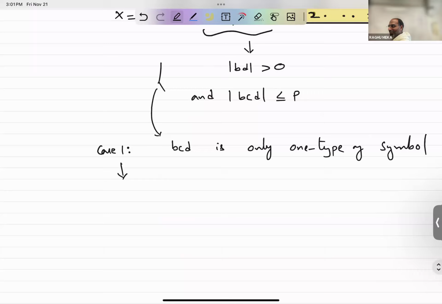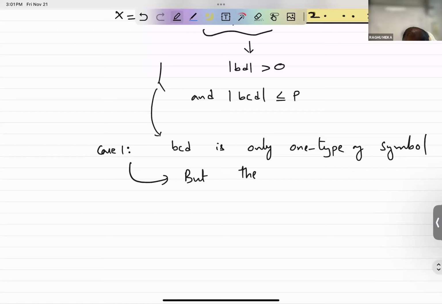Well, if it's only one type of symbol, I pump it, I'm increasing the count of that symbol. If it's only zeros, I do A B squared C D squared E, I have more zeros, right? If it's only ones, I end up with more ones. If it's only twos, I end up with more twos. Okay, so case one,